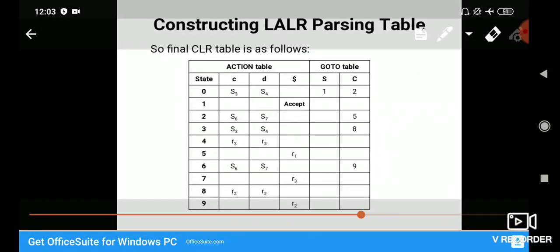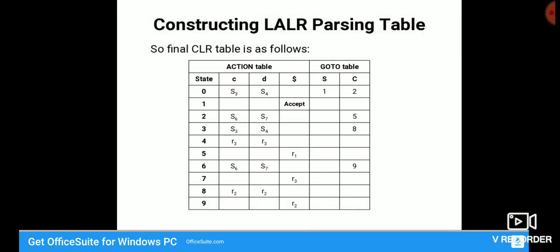And then in the next slide we observe that we have created the same CLR table as we did in the last lecture. So till here, whatever example is given to you, you are supposed to do in the same manner as you do for constructing the CLR parsing table. No change will be there. First of all, you create an augmented grammar, then number the productions, then draw the transition diagram, and then create the CLR table. Do mention that you are creating the CLR table.